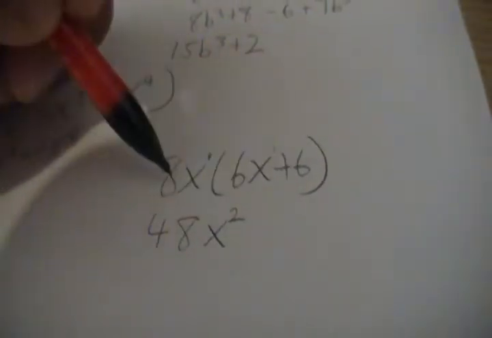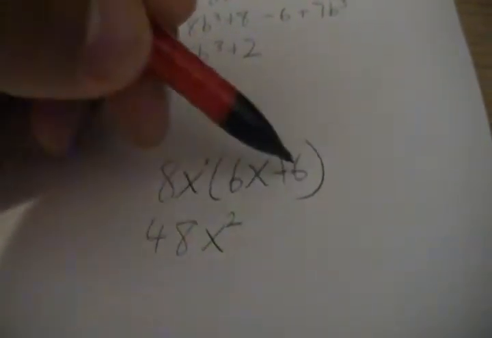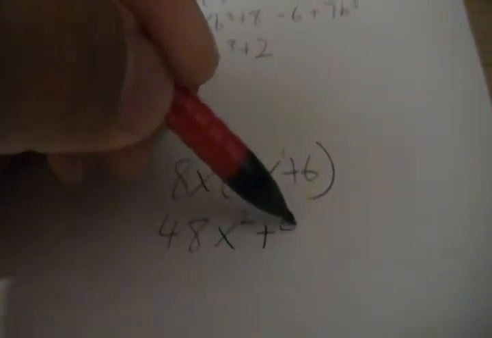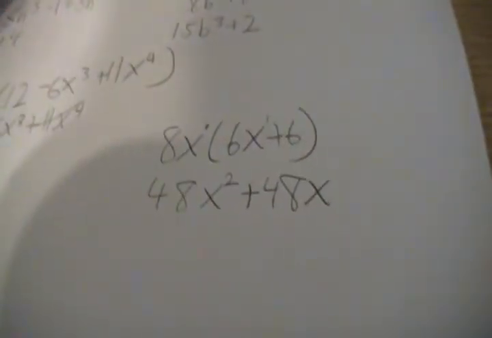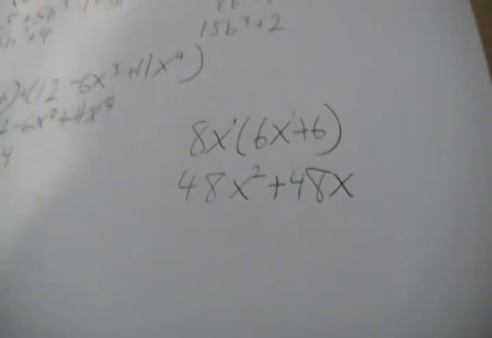Alright, and then let's multiply this out. 8x times 6 is going to be 6 times 8 is 48. And then we just bring over the x. It's as simple as that. Let's try a little bit more, something more involved. Let's try